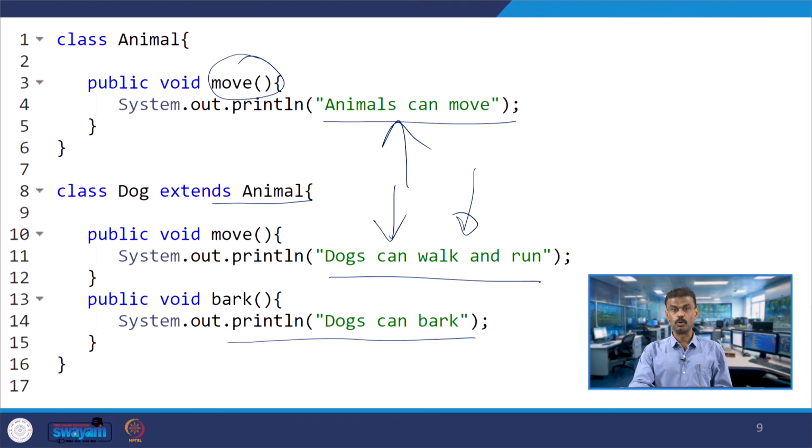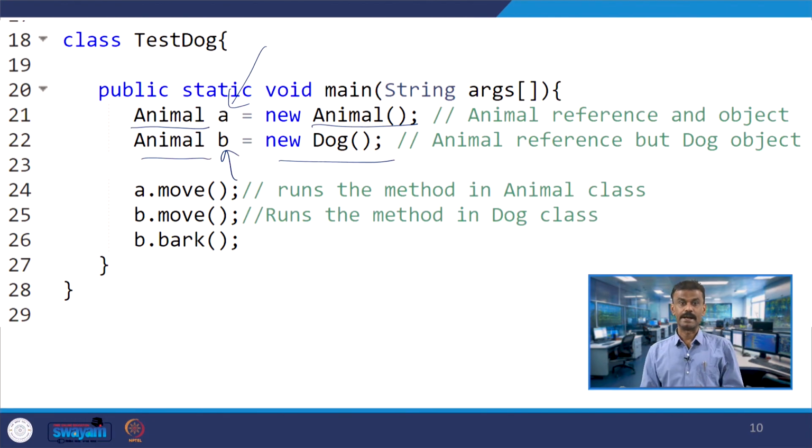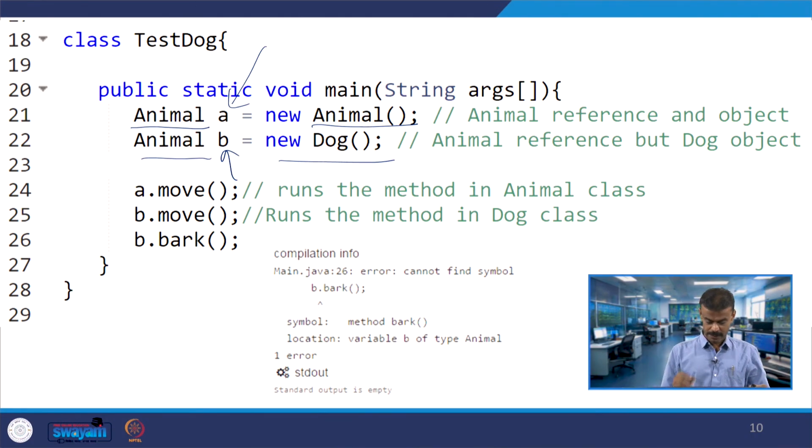When you want to do the overriding, both line numbers 24 and 25 work properly, because the move method is available in both the superclass as well as the subclass. Whereas in the next method we had a problem, because we do not have this method in the superclass, and therefore we are getting this particular error.